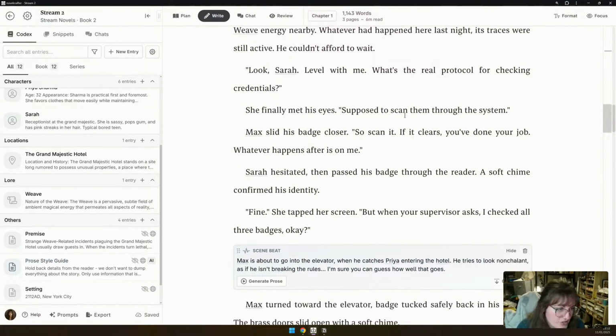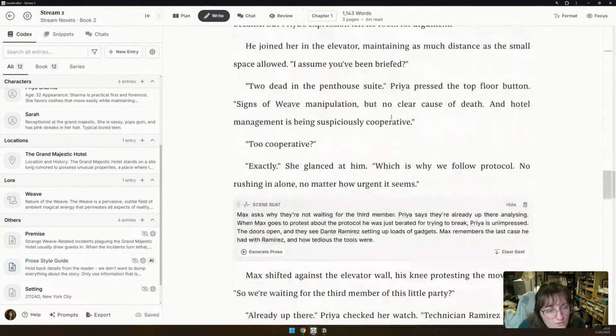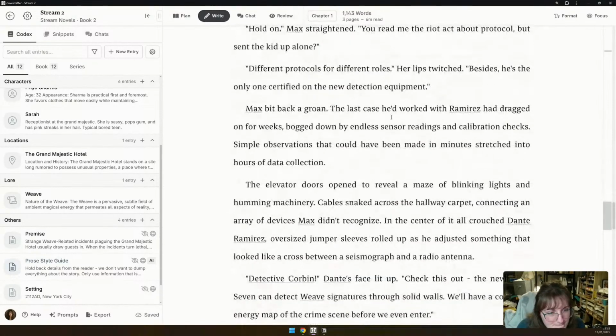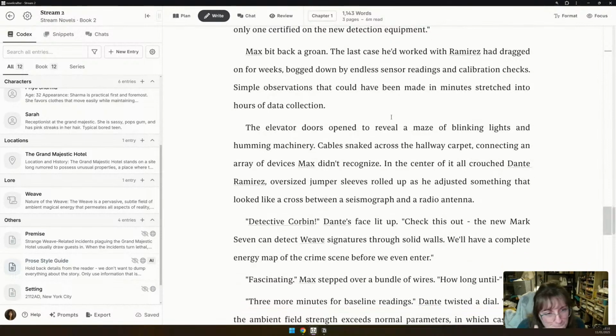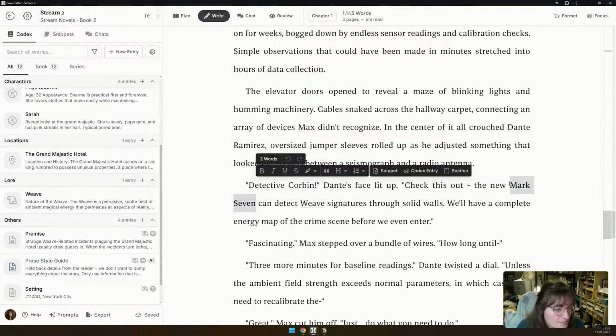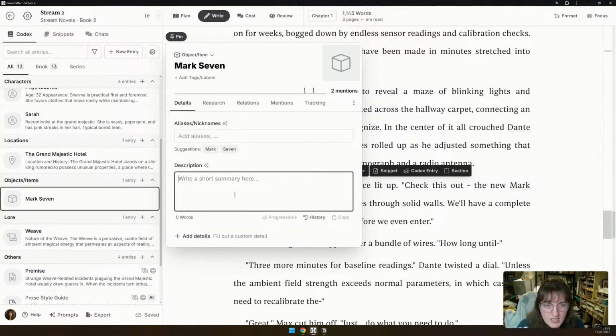So we know that badges can be read, so that could be an object, but I want to go more for the Mark 7 codex entry. We're going to change this from character to object.